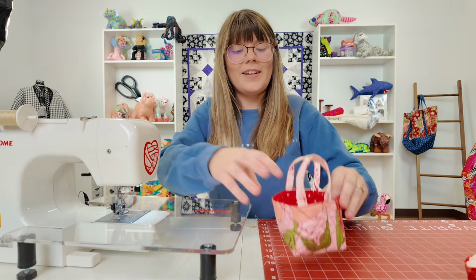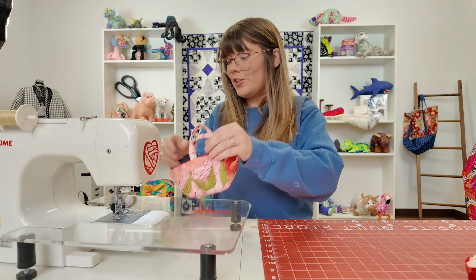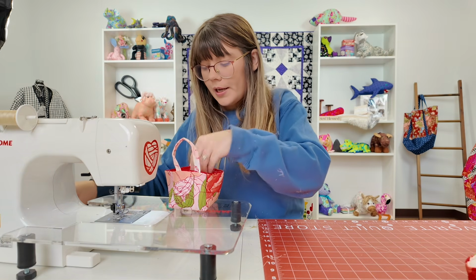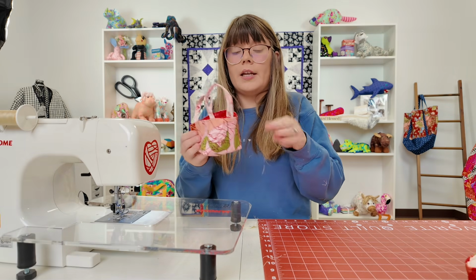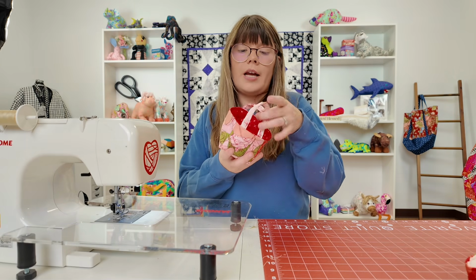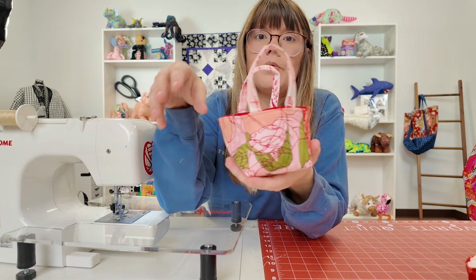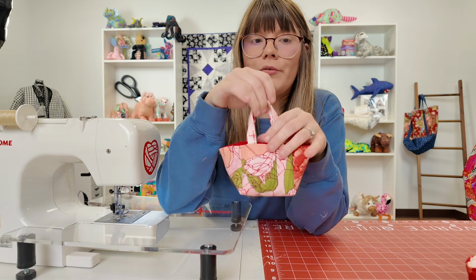So now we have a completed tiny tote bag. It's super cute. You could definitely modify the size and shape by bringing in those corners more or less, and then having bigger or smaller squares starting out. Hopefully I can make some of different sizes. I think it would be cute to have 3 nesting sizes for these,